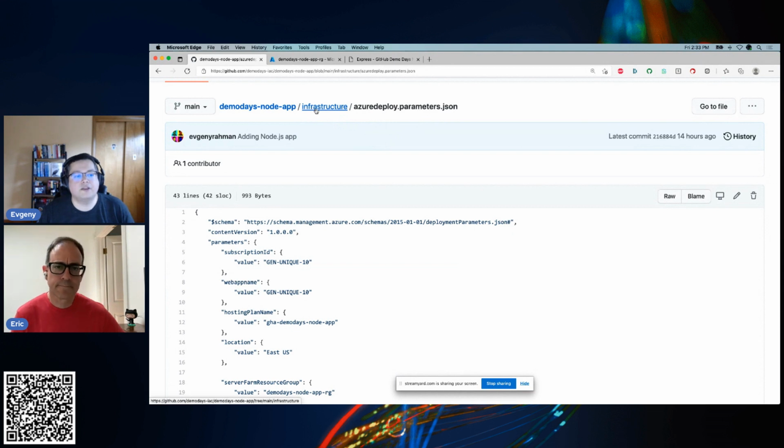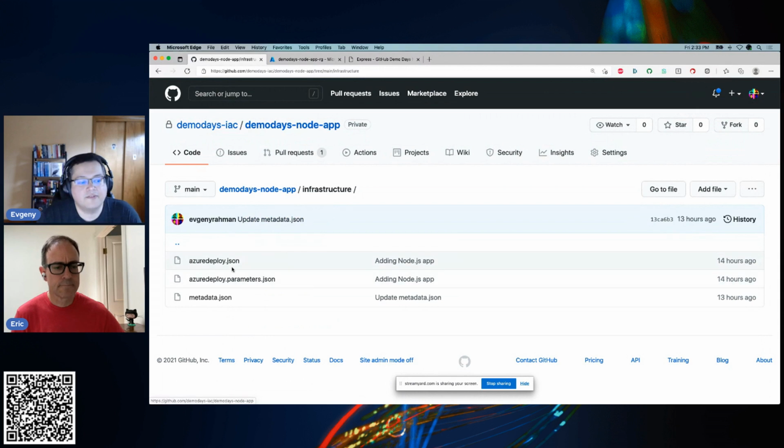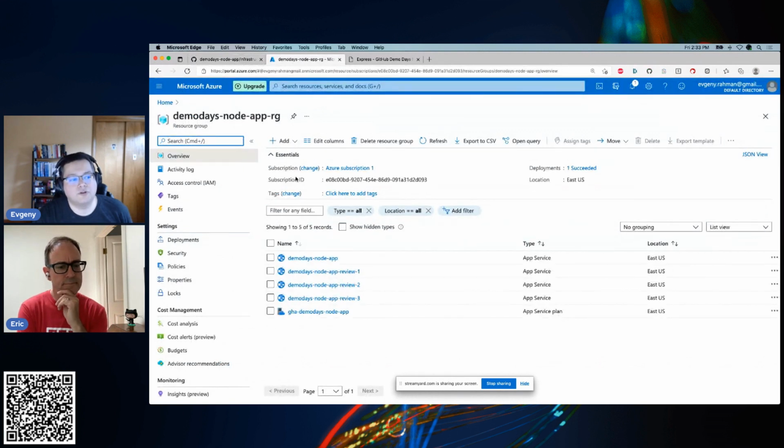So we are targeting Azure App Service as our environment where we'll be deploying, and we're going to look at that next. So that's kind of the text on the screen version of this, right? Let's see how that looks over in the Azure portal.